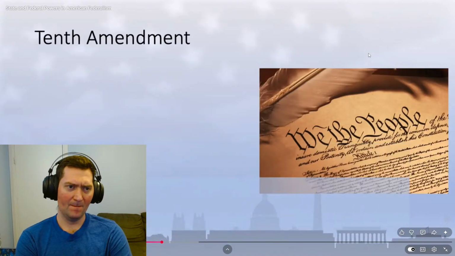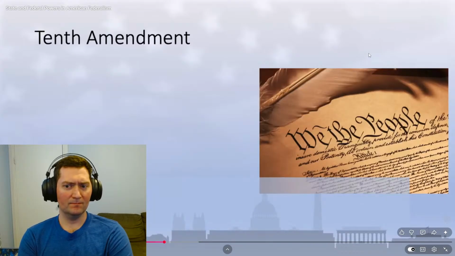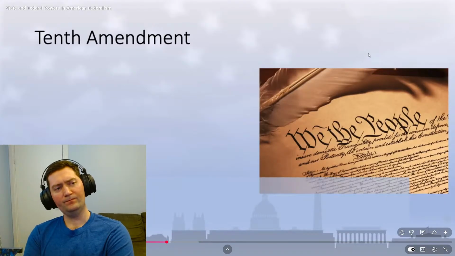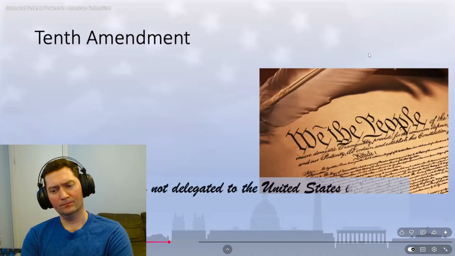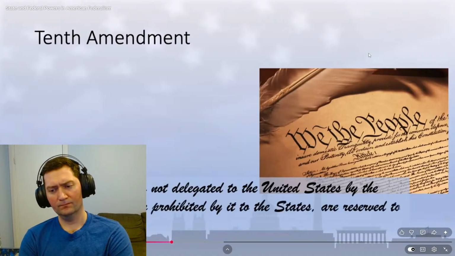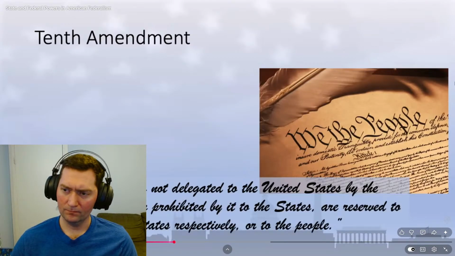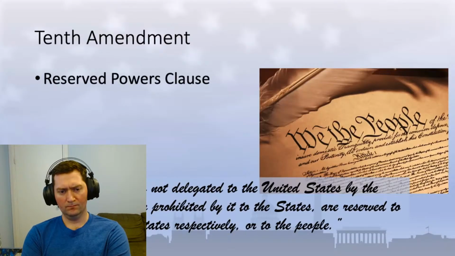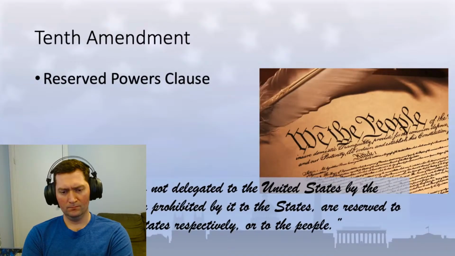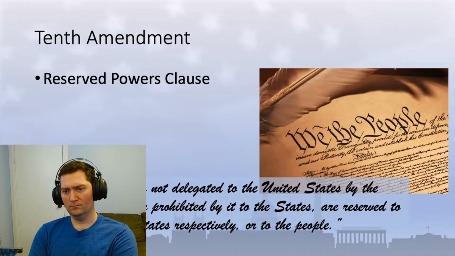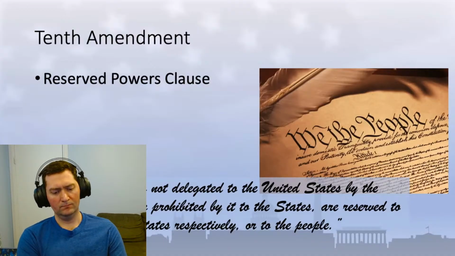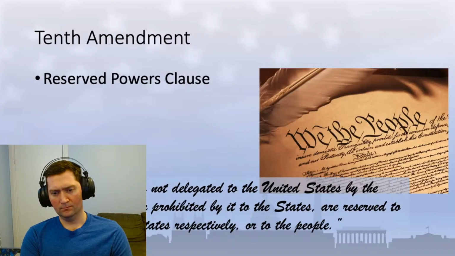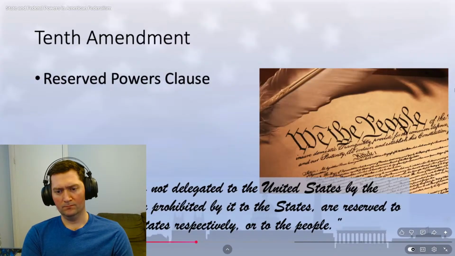The 10th Amendment to the U.S. Constitution attempts to balance the power of the federal government against those of the states. It provides that the powers not delegated to the United States by the Constitution, nor prohibited by it to the states, are reserved to the states respectively, or to the people. This is often referred to as the Reserved Powers Clause because it provides that the national government only has those powers explicitly granted to it by the Constitution, and that any powers not granted to the federal government are the purview of the states. This means that states have significant power to govern themselves and to make their own laws as long as those laws do not conflict with the Constitution or with federal law. The 10th Amendment ensures the federal government does